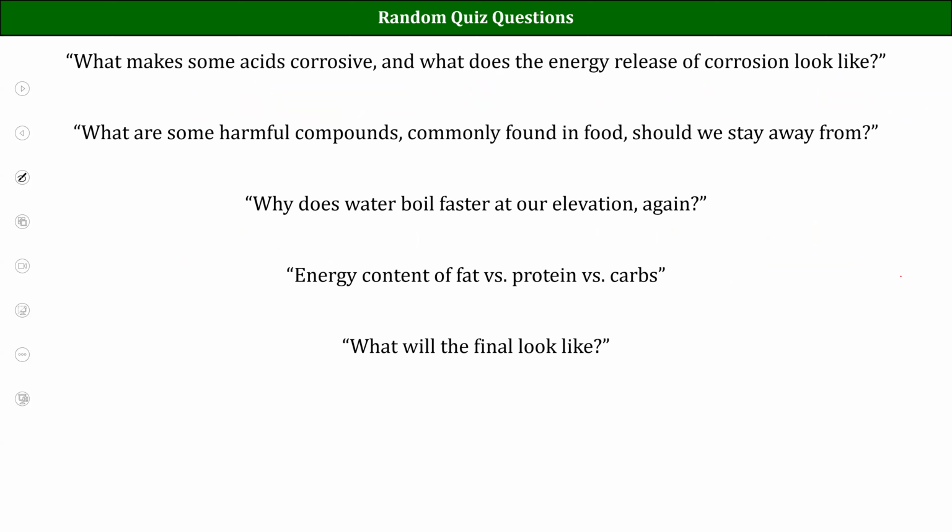Going along with that, with the biochem side, what are some things in food you should stay away from? I mean, anything that's known to be a carcinogen would be a good thing to stay away from. But for the most part, most foods that are commercially available in the United States aren't that bad for you. You know, there's long-term effects of eating unhealthy food, but unhealthy food doesn't necessarily mean dangerous food, especially if it's